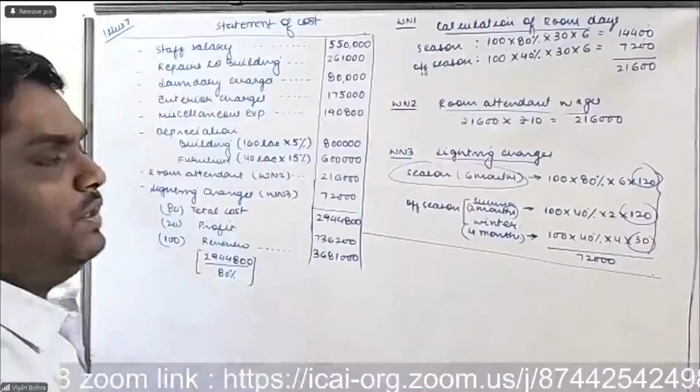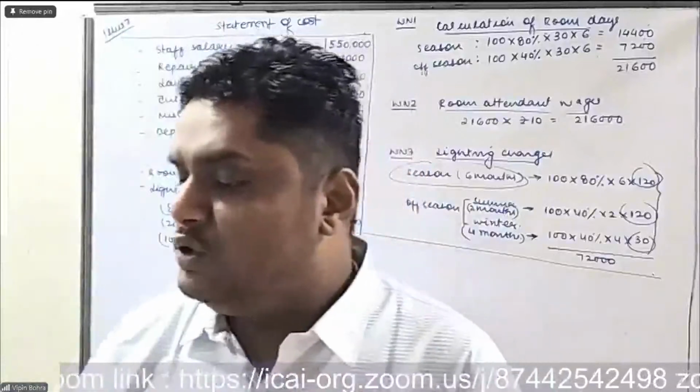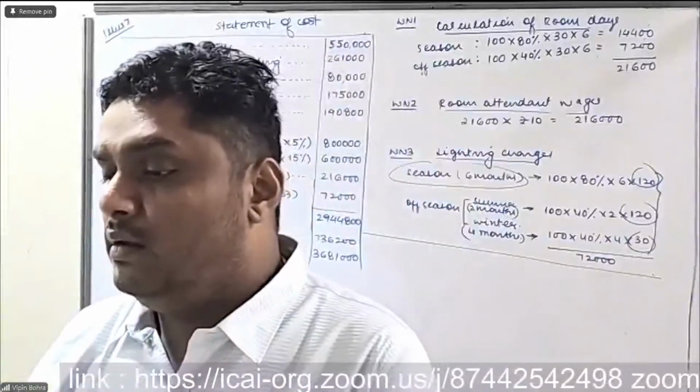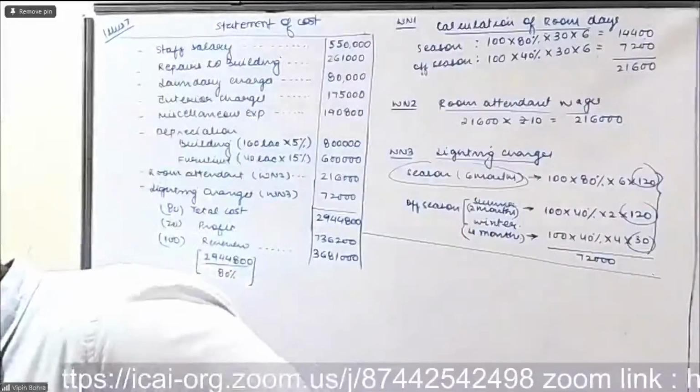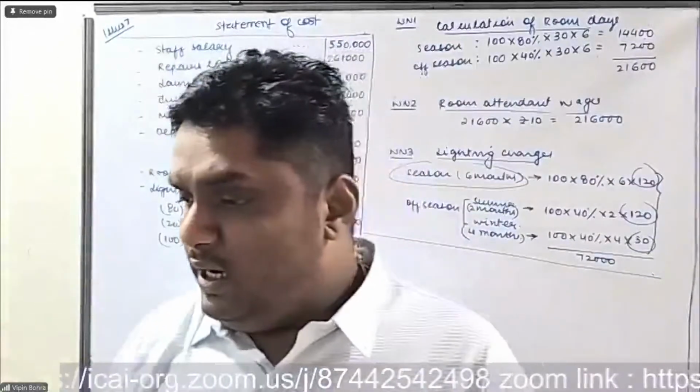So this is my total revenue. Now the question is asking us to calculate the room rent to be charged during the season and off season. So herein it is given